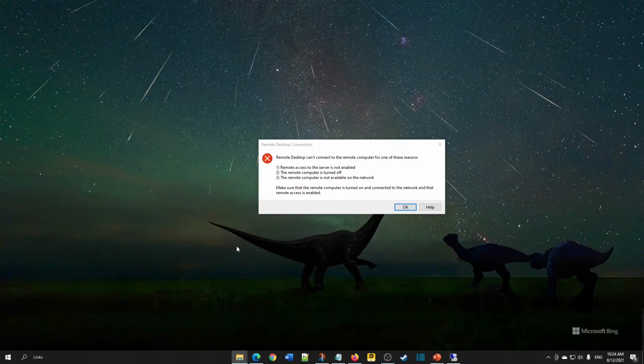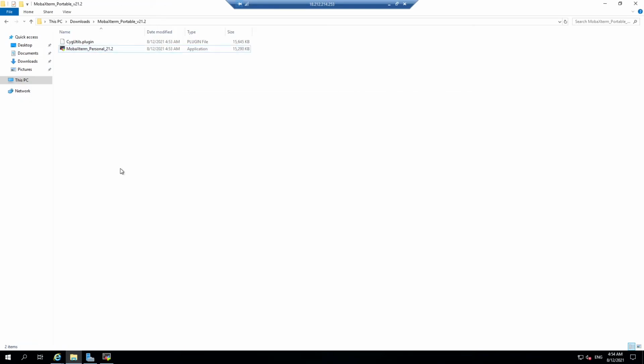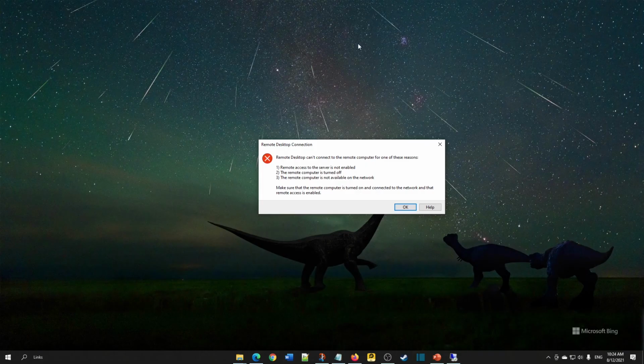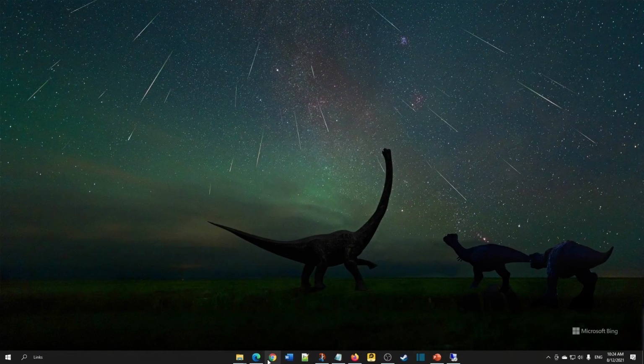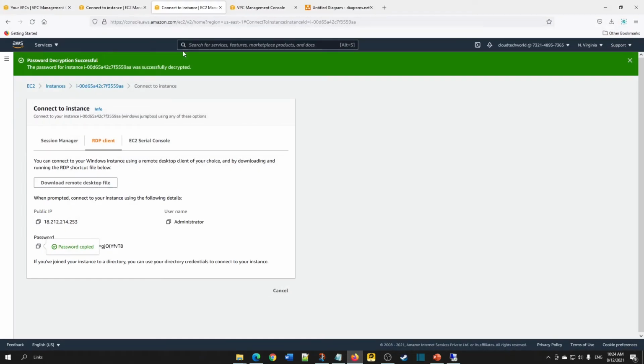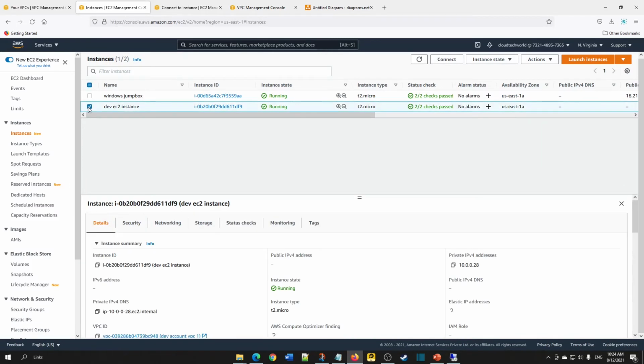Copy your Linux instance key somewhere which is accessible from the jump box, and we need the Linux instance IP for the dev account. Choose the private IP.